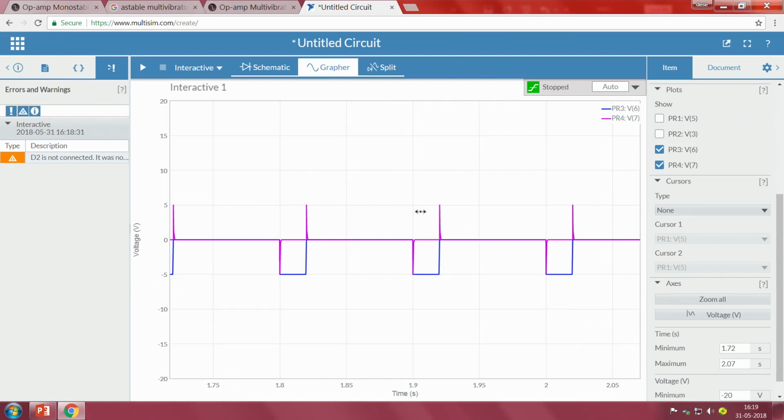It should happen only when the capacitor is discharged to, or the capacitor voltage is lesser than minus 7.5, or lesser than minus VCC value, minus the lower threshold value. So, in order for that to happen, this particular spike we should not pass through the system. How can we do that?